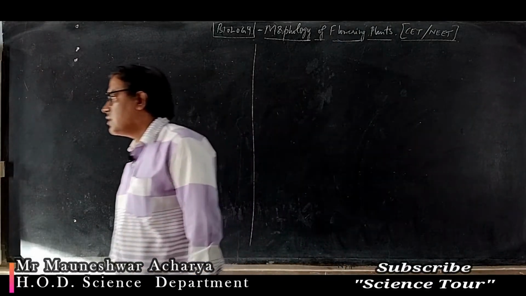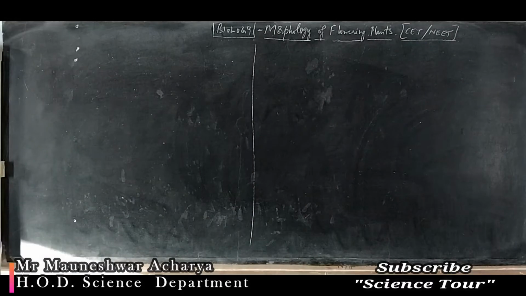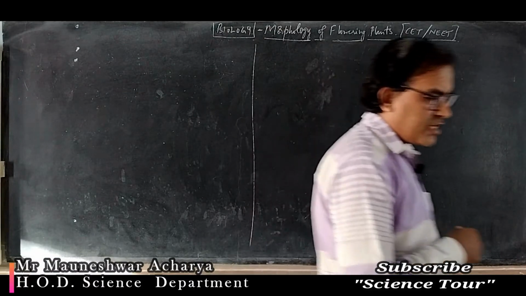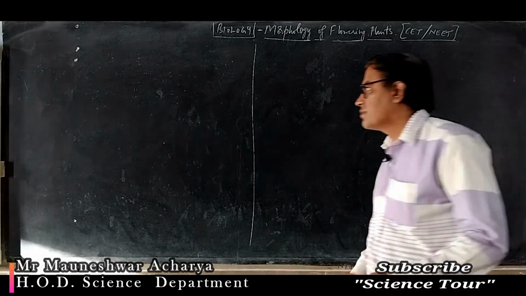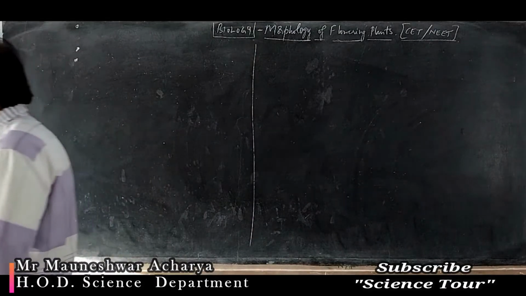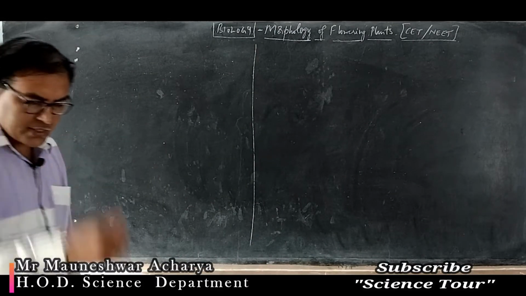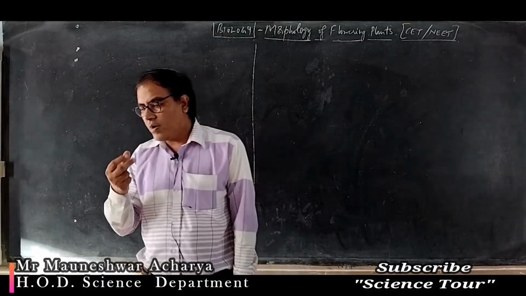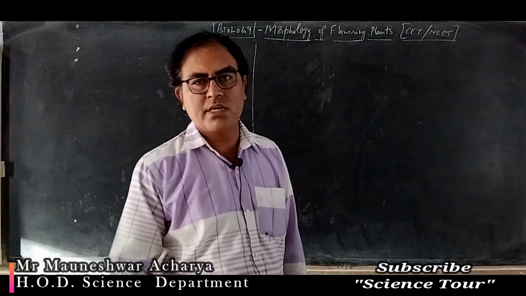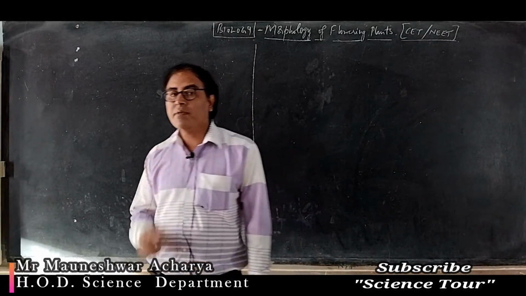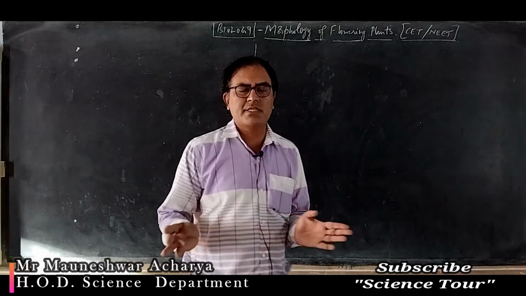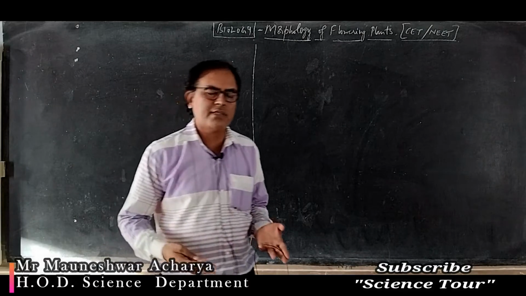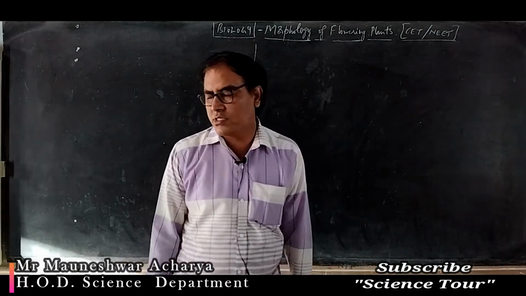So students, the root. In case of dicot as well as monocot, there is a difference in structure of root. The dicot root directly arises from the radicle of the seed, and that forms the main axis of the root, that is the tap root, the primary root system. From it, branches arise laterally, called secondary roots, and from the secondary roots once again lateral branches arise, which are called tertiary roots.